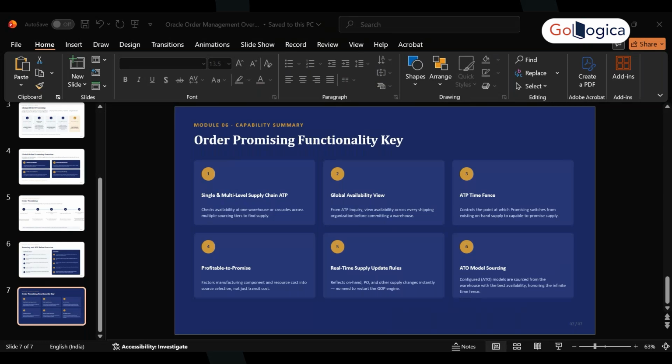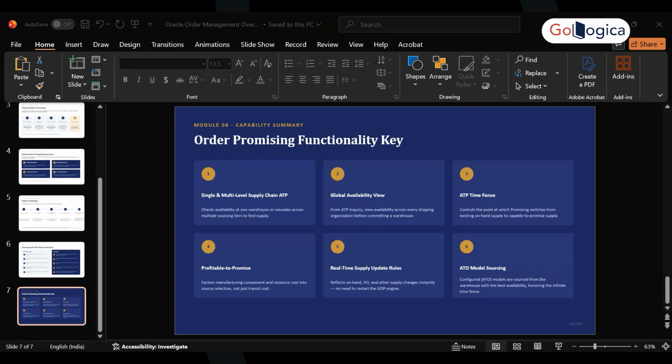warehouse, Oracle evaluates the complete supply network. This system evaluates the distribution warehouse, the manufacturing plant, the regional distribution centers, the internal inventory organizations, and the transfer locations. If the inventory is unavailable at the first location, Oracle automatically searches the next available source according to the configured sourcing priorities. This multi-level search enables the organization to maximize inventory utilization while ensuring accurate